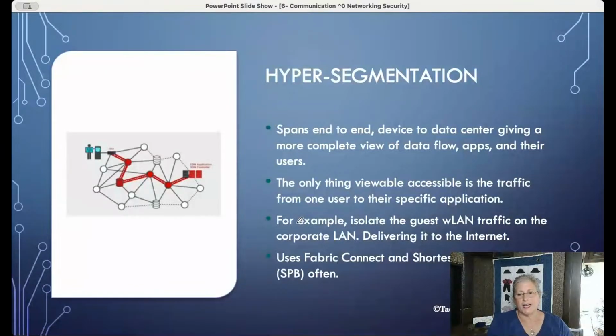I had another idea, hypersegmentation. Hypersegmentation really makes things interesting. With hypersegmentation, what we're going to look at is how can we actually control a virtualized environment from one end to another end, literally isolating the traffic flow so it's not visible to anybody else. It's really concentrating on how can we protect our data, especially from hackers. So isolating a traffic flow really gets into a new and exciting idea.